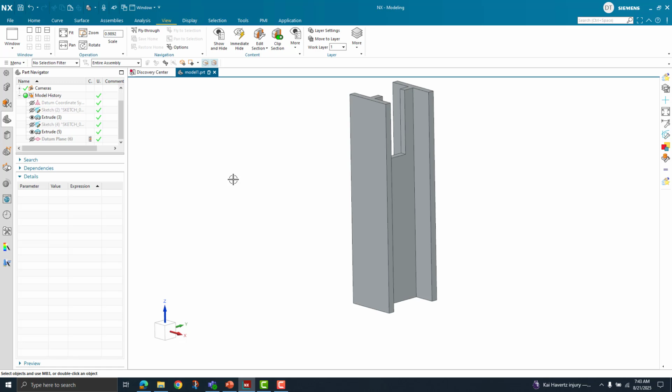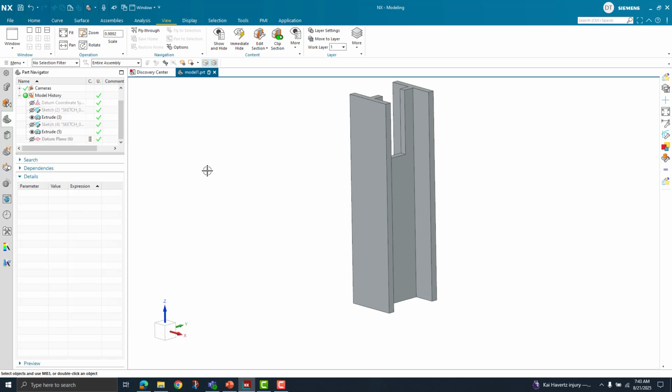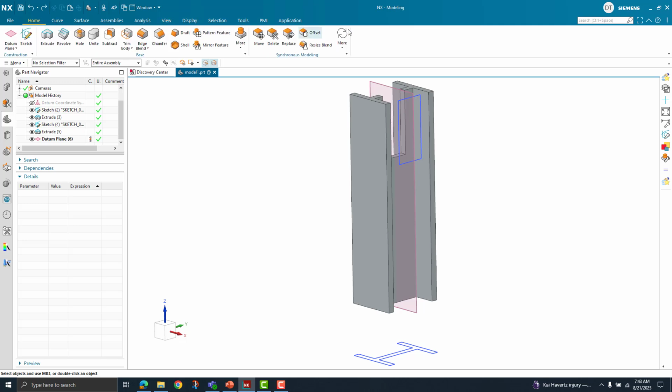Step 2 for this, though, is I'm too lazy to click Menu, Tools, Automation, Macro, Playback, and all of that. So we're going to also create a button. I'll do a couple undos. That way I just bring everything back. Now to create our button, I'm going to go to the Home tab. You could do it on any tab. And I'm just going to right click in the background,